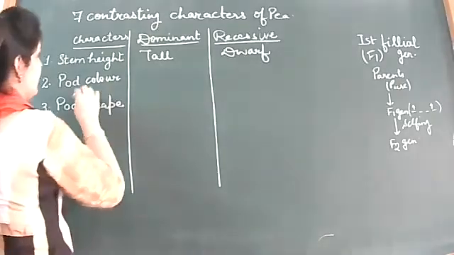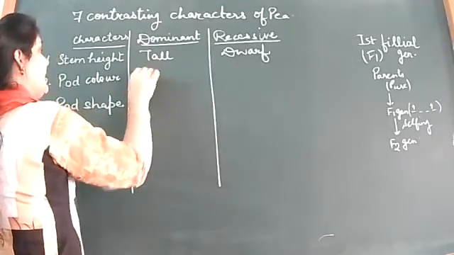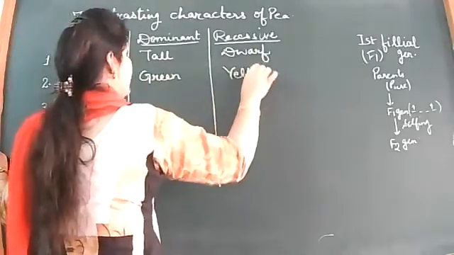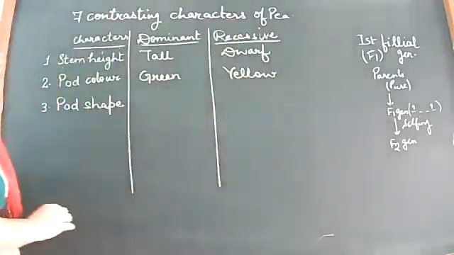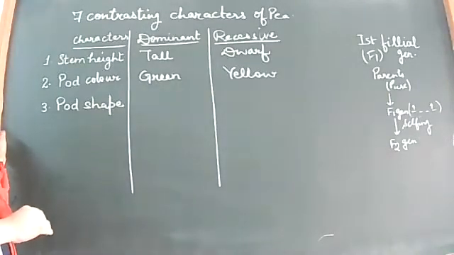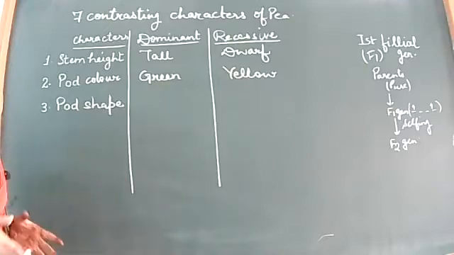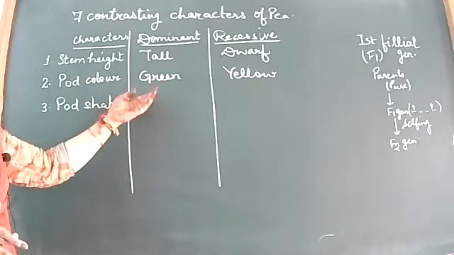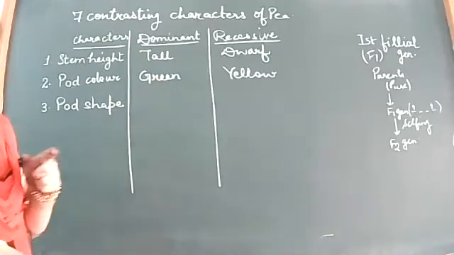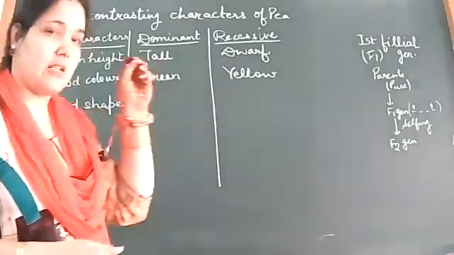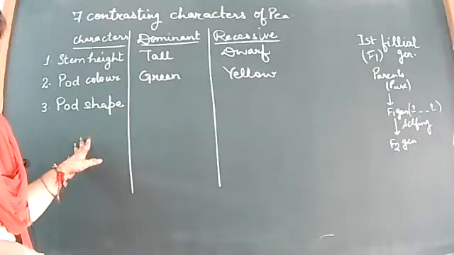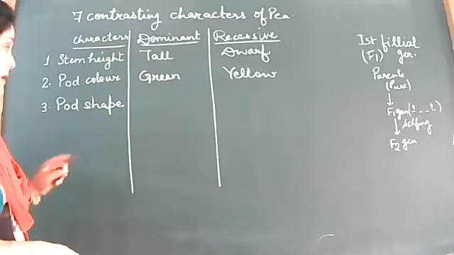Coming to the pod color, it will be green if dominant and yellow if recessive. Now when you purchase peas, जब भी आपके mamas purchase करेंगे peas, you can find out that in that 1 kg of peas, there will be more green peas. हरे रंग के जो मटर होंगे वो ज्यादा होंगे as compared to the ones which are yellow or whitish, light yellow color के होते हैं, not white exactly. So that is very less in number. So that is the recessive feature, right?